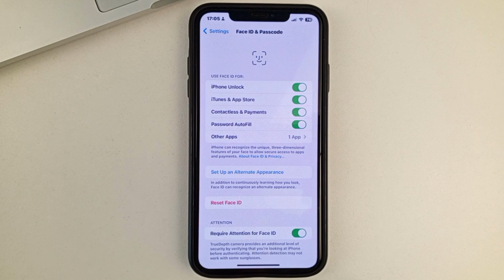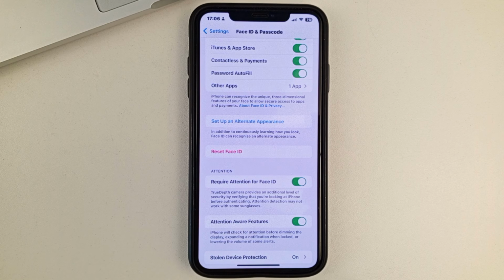But friends, keep in mind that when you do this, you won't be able to do the actions that you used to do earlier using Face ID. For example, if you previously unlocked your phone using Face ID, you won't be able to do that anymore. And also to download some programs in the App Store and other actions. In order, for example, to unlock your phone or download some program, you will need to use your phone passwords or passwords from your Apple ID.